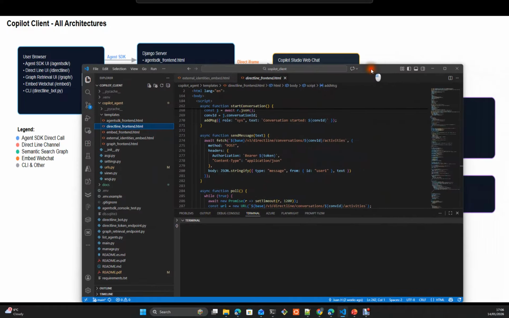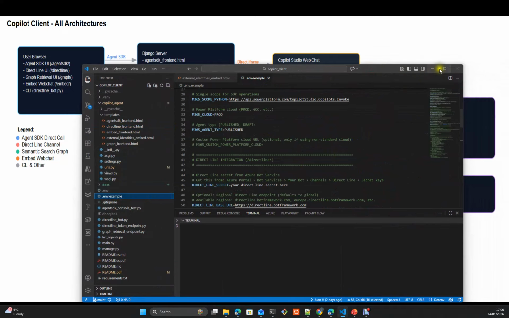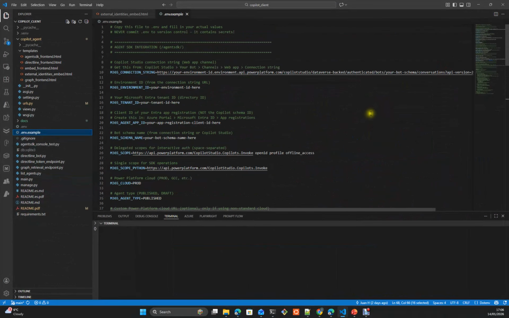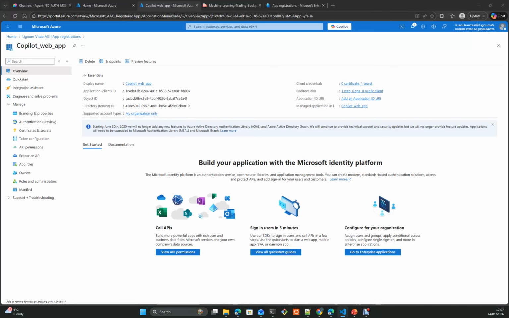To configure this, you need to have some environment variables: your connection string, your ID. I will show you in a second how to get this. In order to authenticate yourself, you need to create as well